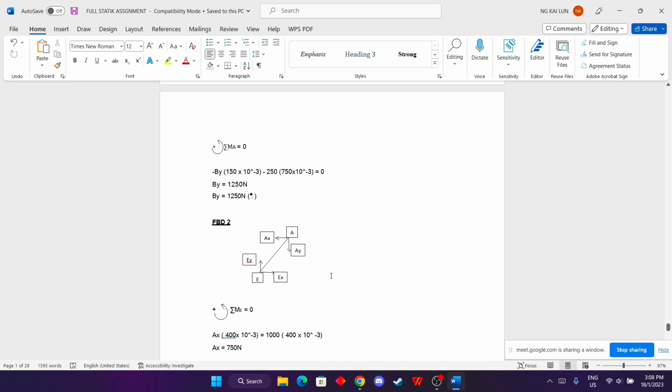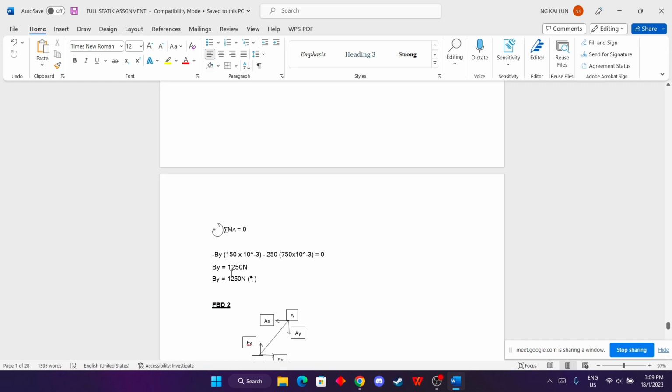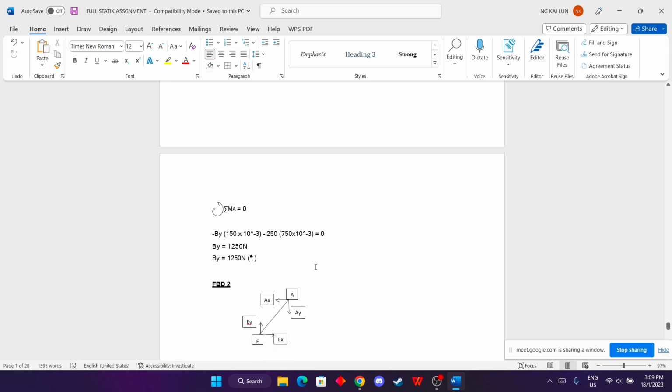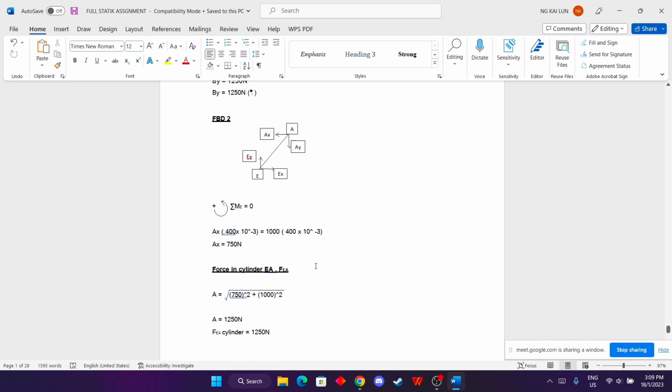And then we derive the moment here, negative By times the length, then minus 250 times the length, and as we can see at the FBD, minus By equal to 0. Okay, and then we got the final answer, By equal to 150 Newton. And then we go to the FBD2. In FBD2 we derive the moment here, which is moment E at point E, and then we derive Ax times 400,